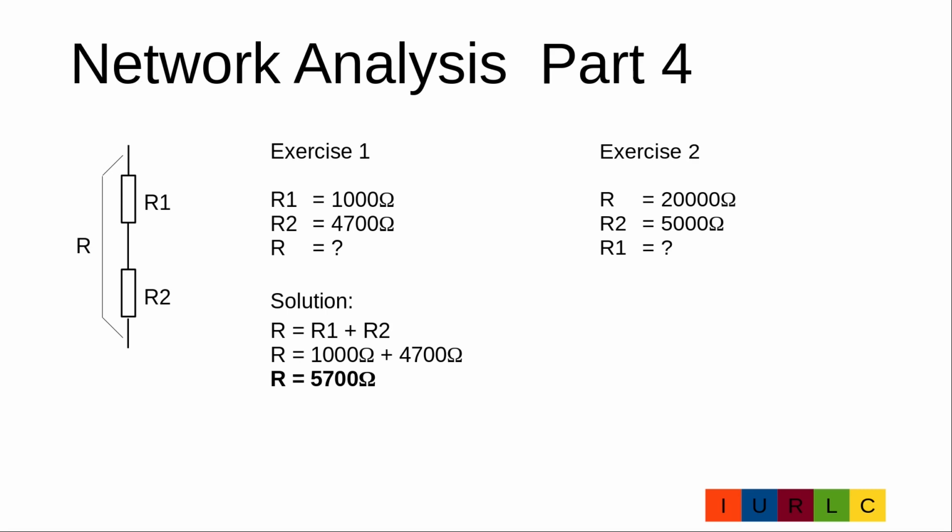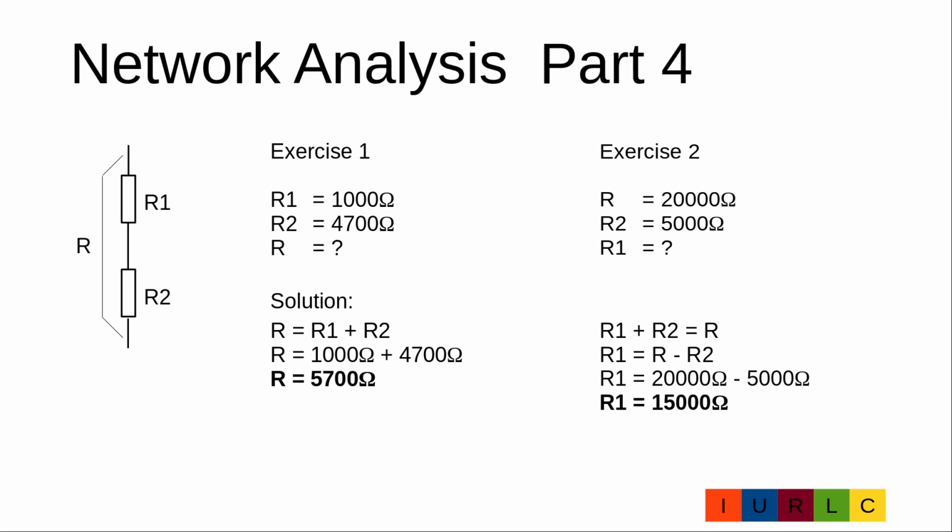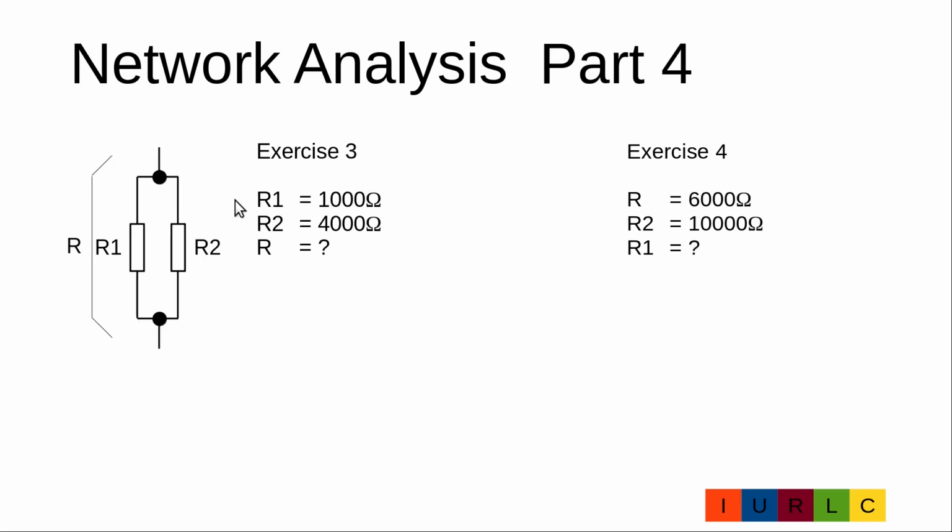In exercise 2, R1 plus R2 is R. We bring R2 with a minus sign to the other side. With concrete numbers, R1 is 20,000 ohm minus 5000 ohm. R1 is 15,000 ohm. In the next two exercises we have two parallel resistors R1 and R2 with the total